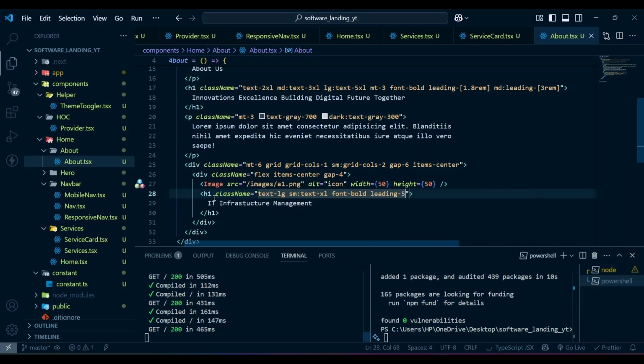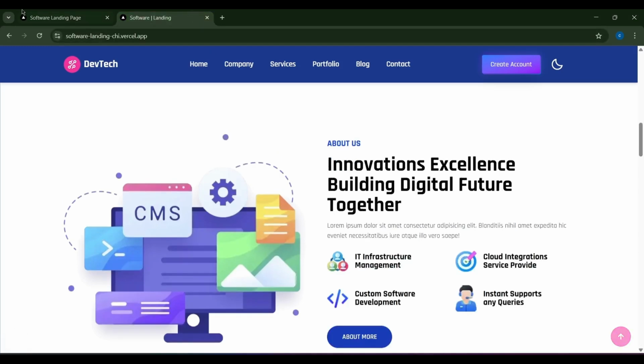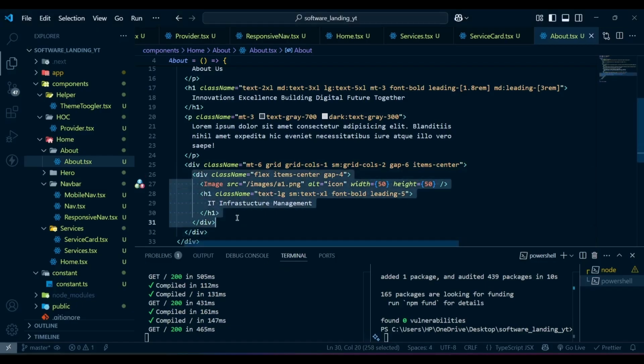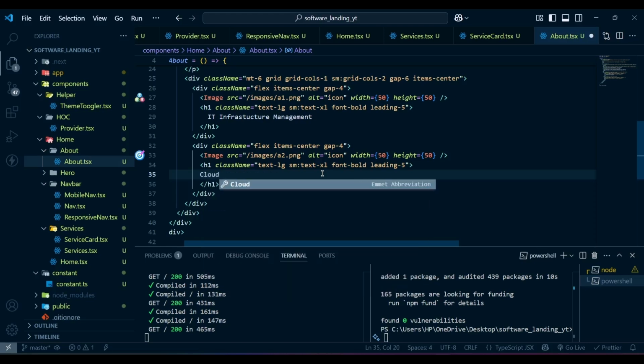Now if I hit save and let's go to our project, so here you can see we have the icon and the text just like this one. Next we have another one here. So what I'm going to do is copy this again, and the second one, the image will be a2.png, and the text here will be cloud integration,